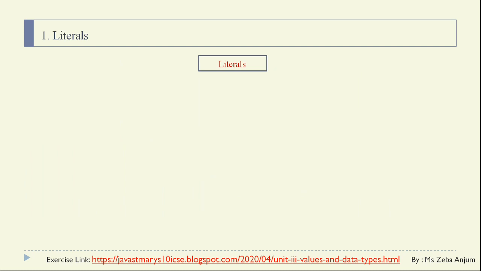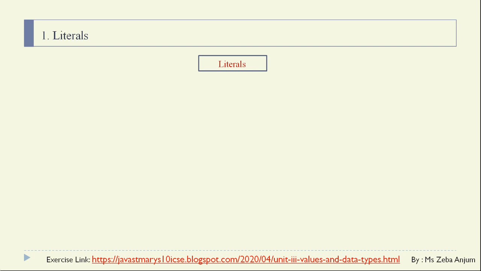So when we talk about these literals, actually we are talking about your constant values in Java programs. It means the values that will not change during the program execution. It means some kind of value we are having and we are giving this value to a variable and it is fixed for a particular period of time. Those are basically your literals.